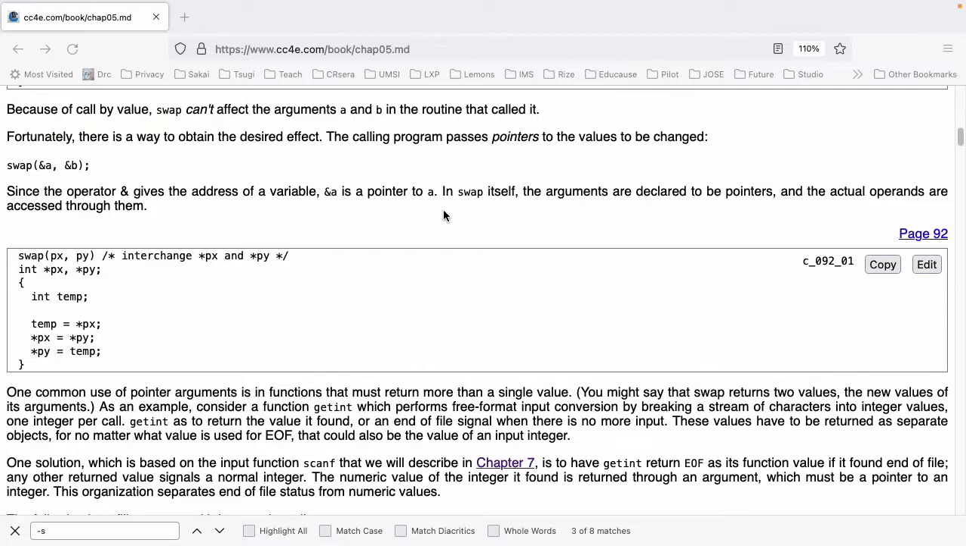swap(px, py) int *px, *py; { int temp; temp = *px; *px = *py; *py = temp; }